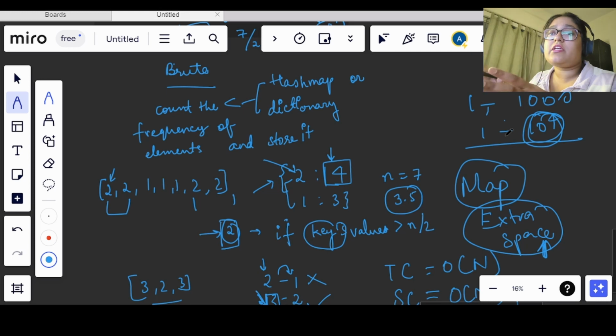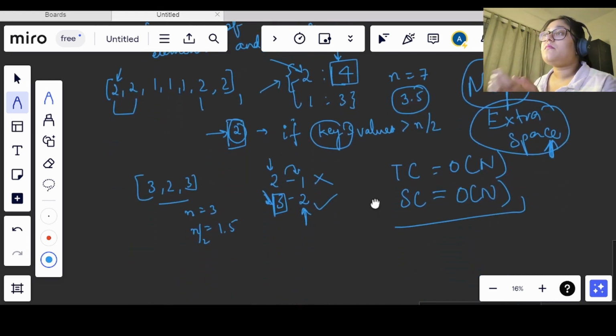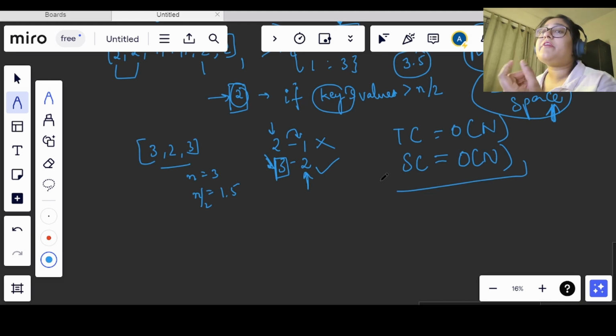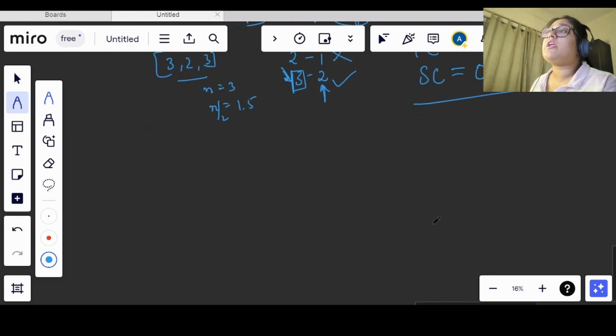If the constraint is small, then using a frequency array will be easy. But if the range is very large, then you can move on with a hash map only. So the brute force approach will be either a hash map or a frequency array, the frequency array when we have small constraints. Now let's see the efficient approach.